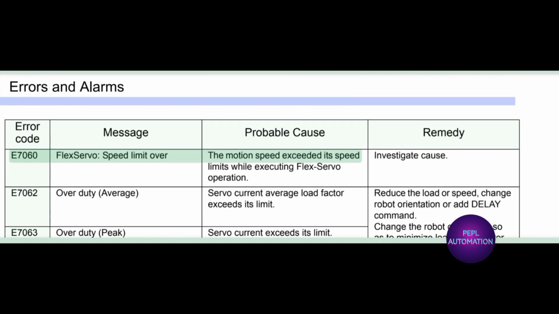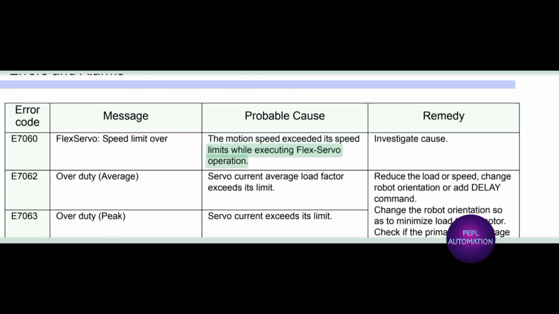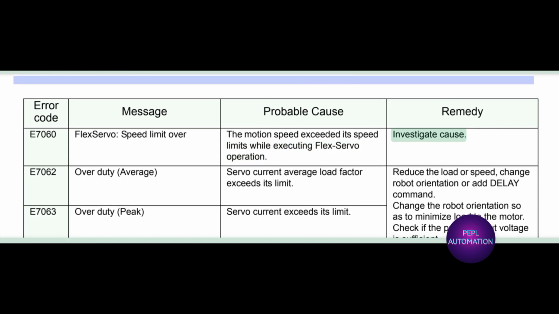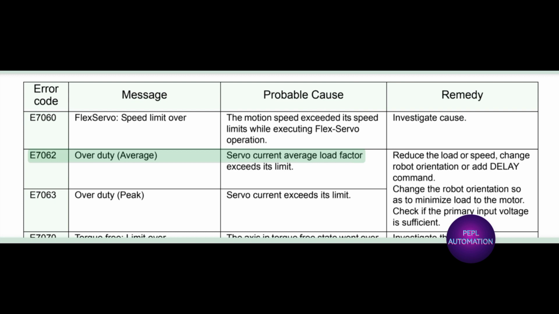E7060 flex servo, speed limit over. The motion speed exceeded its speed limits while executing flex servo operation. Investigate cause. E7062 over duty, average. The servo current average load factor